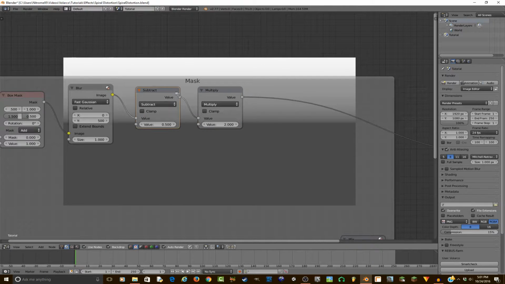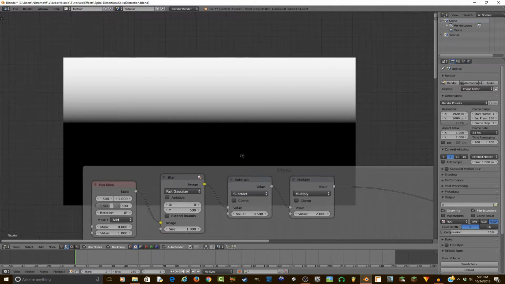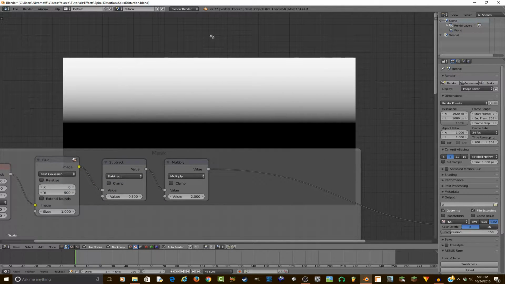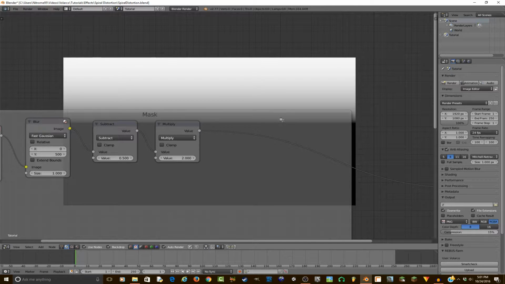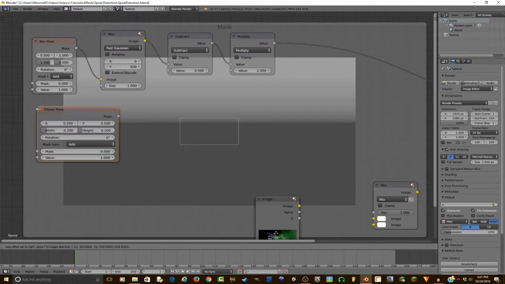Alright, and what this is doing here with this subtract and multiply by 2 is it's subtracting half, so that way the bottom half becomes perfectly black, or the bottom bit, and then it's multiplying by 2, so that way the top stays at a perfect 1 value, since a black is 0 and a white is 1 in terms of computers, right? So now what I'm going to do is I'm going to add a matte ellipse mask, and